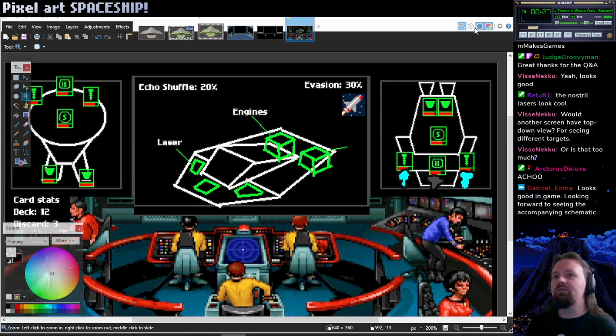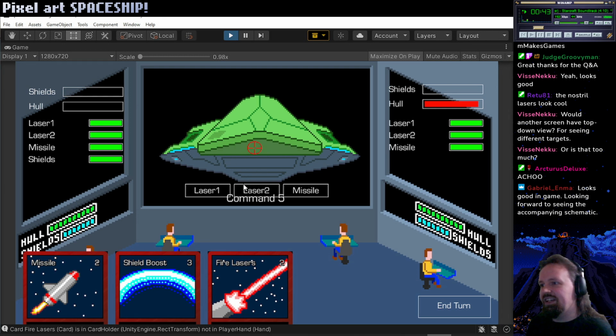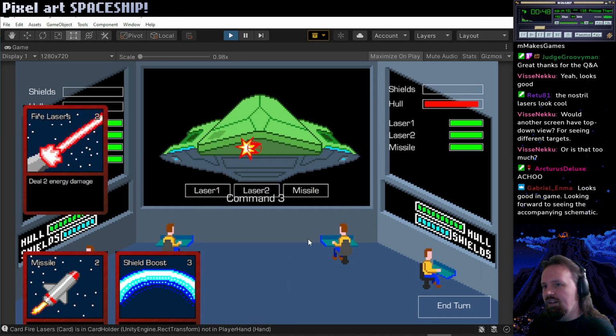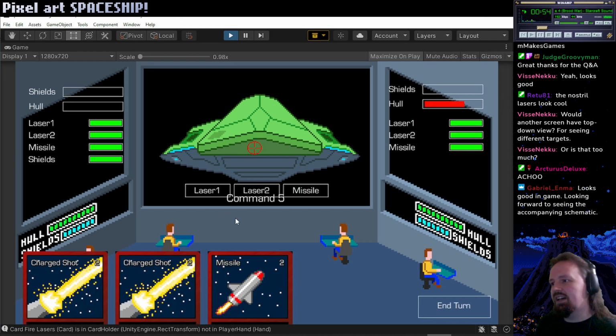Yeah, and for targeting, I think I talked about this already, on the Mars devlog. Targeting is going to be on the cards themselves, because the cards are going to be like little electronic pads that open up and show stuff. And yeah, it's cool. Looks good in the game. Looking forward to seeing the accompanying schematic. Yeah, should be cool. Oh yeah, look, we can target different things. It doesn't really do much right now. But cool. I'm quite pleased with that. So, I think what I want to do...